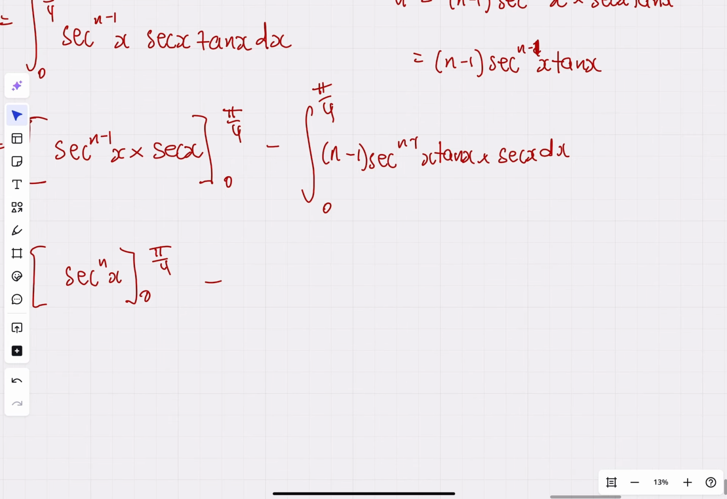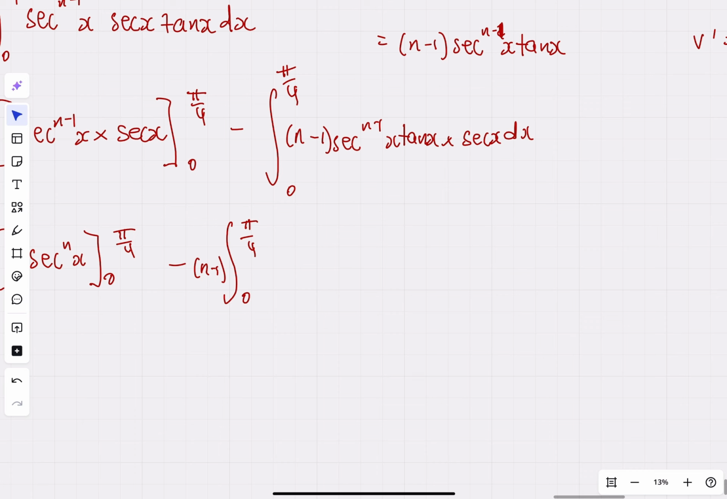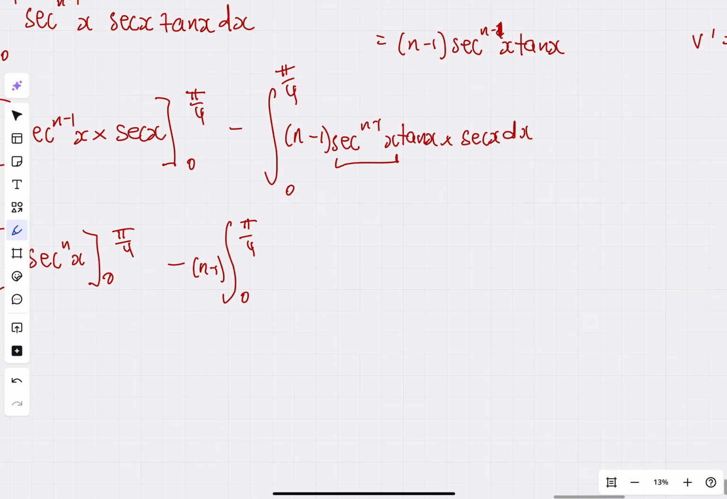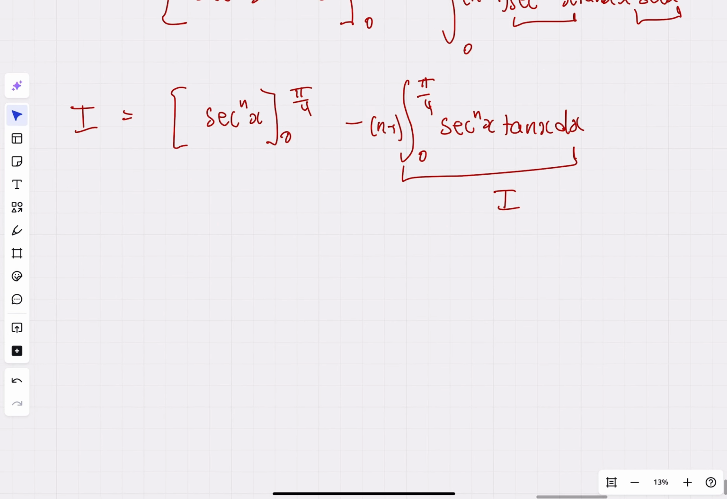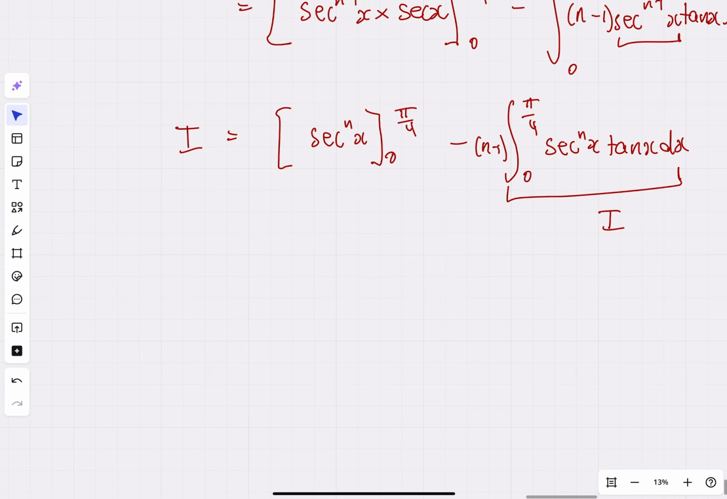now this looks very similar to our original integral I, right? So if I bring that n minus 1 out, and then I multiply sec to the n minus 1 x multiplied by sec x, I'm going to have sec to the n x tan x dx, which is our I. So I'm going to add n minus 1 lots of I to the other side. So I'm going to have I lots of 1 plus n minus 1 equals